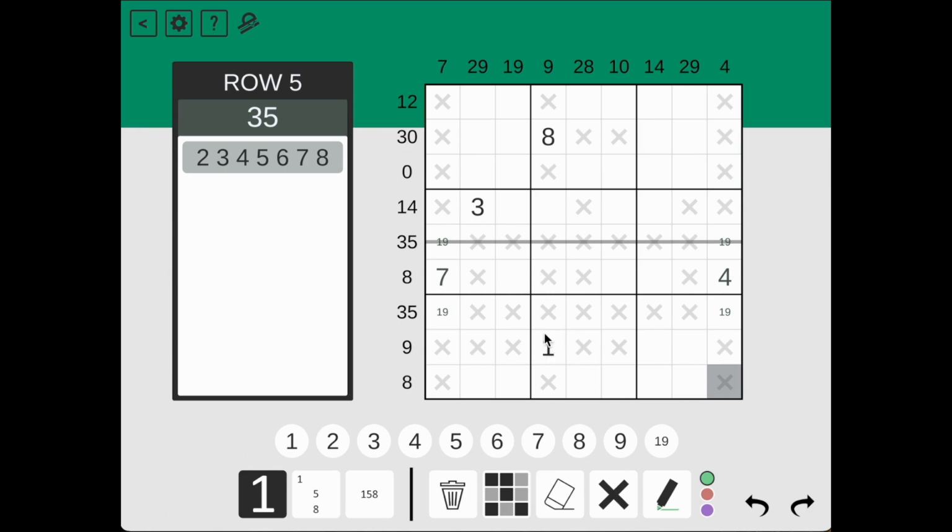Okay, looking at this, we have a 1 here. The 9 has to be in this square, which means these will not be 1 or 9, and this is a 1, which makes this a 9, a 1, and a 9. Okay,